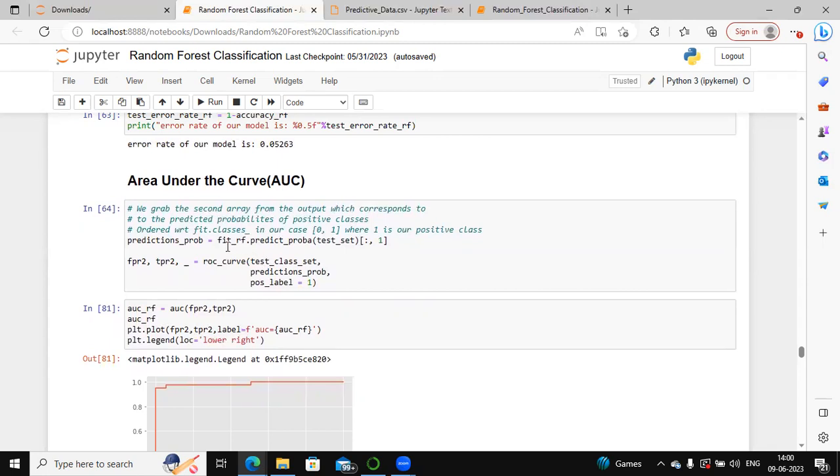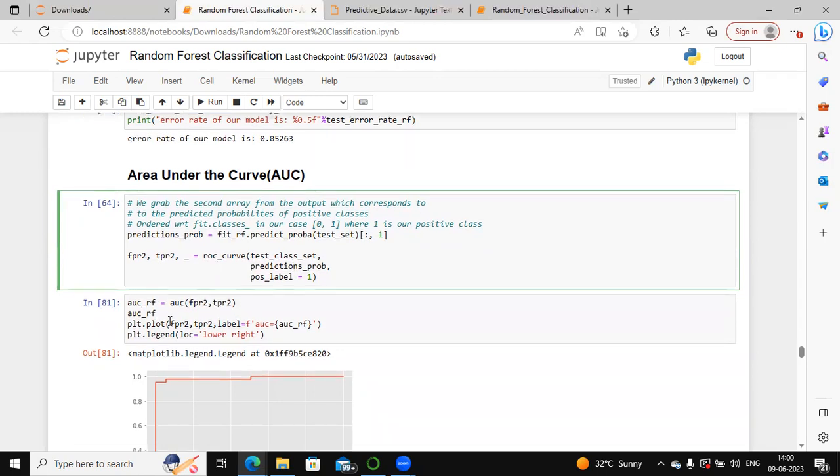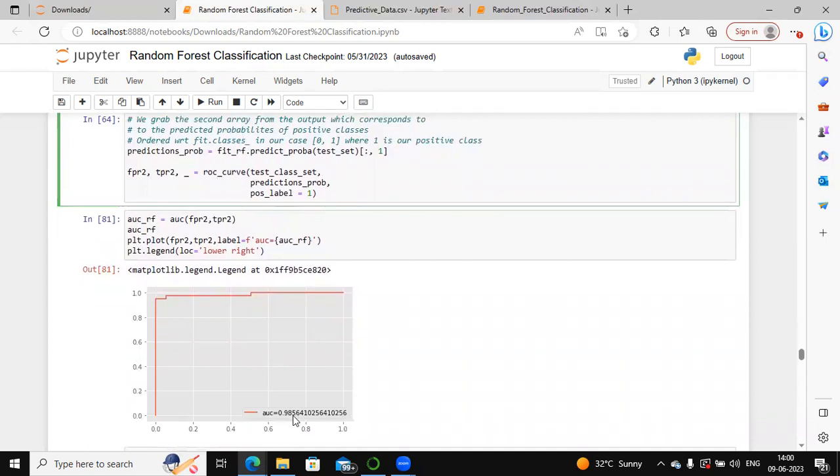So you'll pass the test class set and prediction probability, and then you'll get the false positive rate and true positive rate. You'll draw the area under the curve by plotting false positive comma true positive, and you can label the area under the curve as equal to this. You can pass it false positive comma true positive. You can see that we have 98.5%